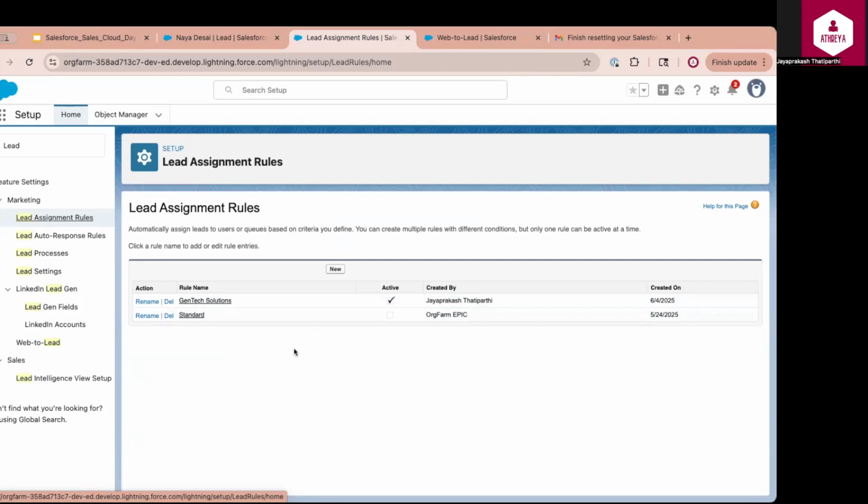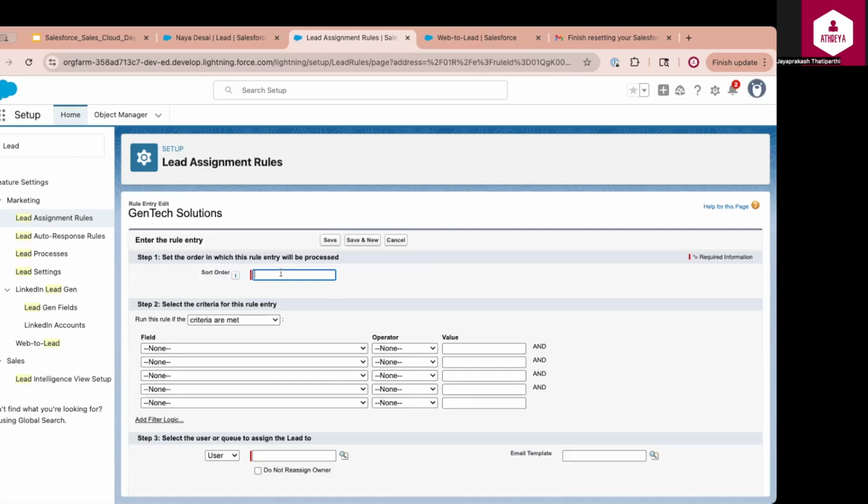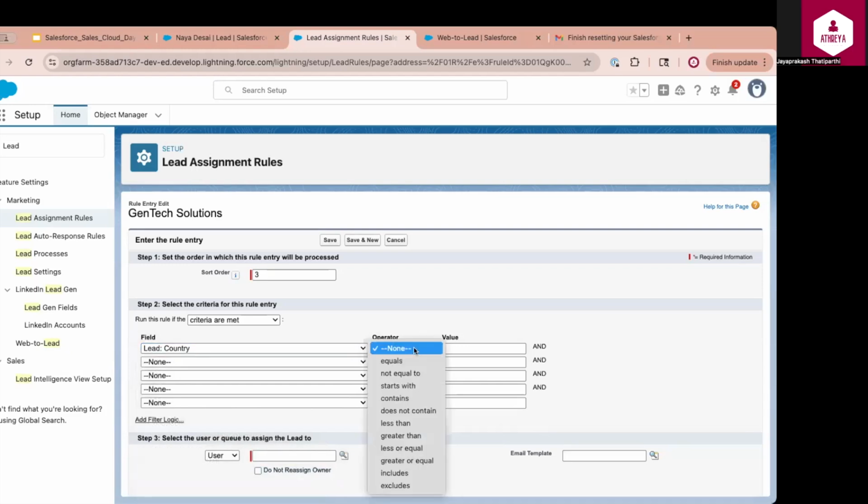In this demo, I already have an active assignment rule, so I'll open that rule. Currently, it contains two rule entries. Now let us create a rule entry. I click New and set the order to 3. In the criteria, I mention if lead's country is equal to United Kingdom, I want to assign this lead to